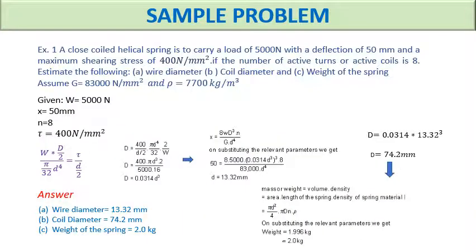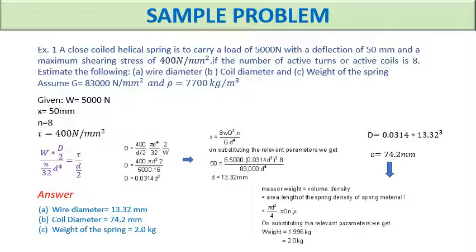Okay friends, now we will see a sample problem in helical spring. The question is: a closed coil helical spring is to carry a load of 5000 Newton with a deflection of 50 mm and a maximum shearing stress of 400 Newton per mm square. If the number of active turns or active coils is 8, estimate the following: